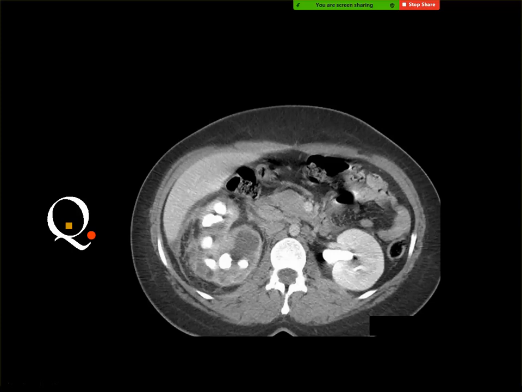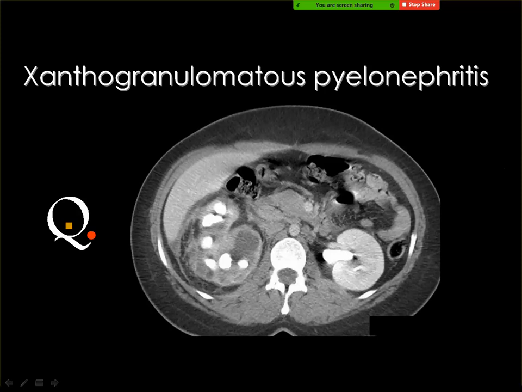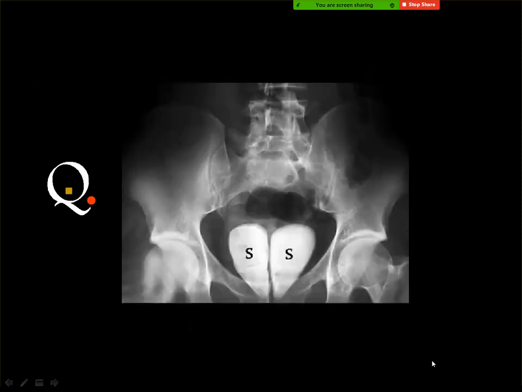Pyelonephritis. Sorry? It can be pyelonephritis with fat stranding. Yes, pyelonephritis of a specific type, which is the xanthogranulomatous type. Yes, because of the calculi, because of the enlarged kidney, because of the damage of the renal function, because of the stranding of the perinephric fat, and you may find fat within the kidney or not. This is not an essential finding. But if you see the kidney is enlarged and the function is destroyed and there are big stones within the kidney, you think of xanthogranulomatous pyelonephritis.